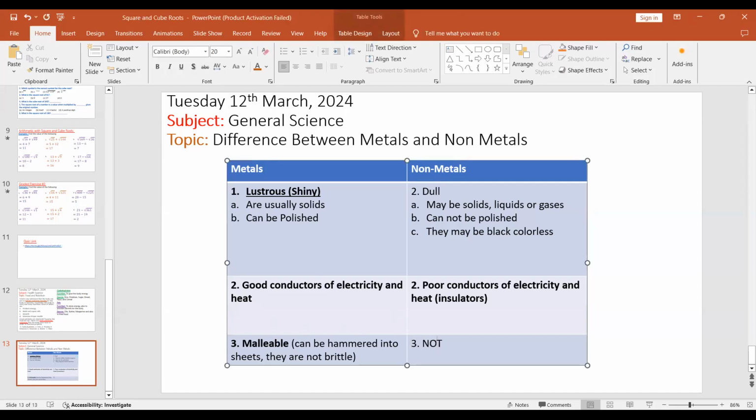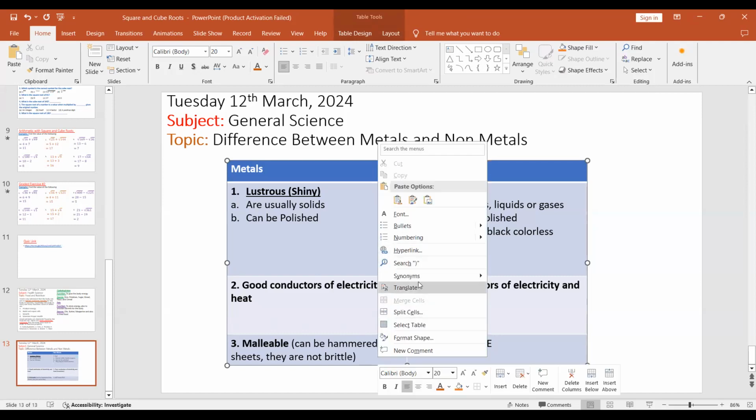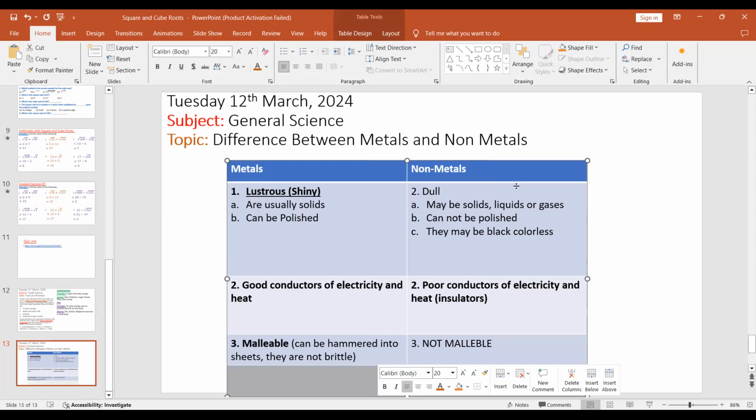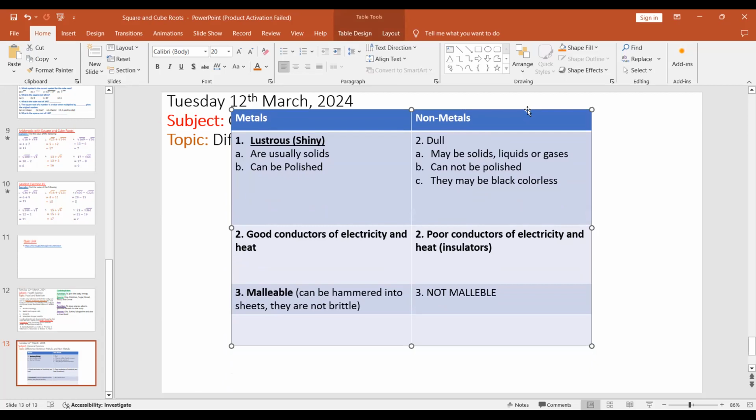Right? And then, well, non-metals, they're not malleable, right? We cannot pressure them into sheets like how we're able to do with the copper coin or with the gold coin or with the sheets of aluminum, right? And then the next thing about metals versus non-metals is that metals